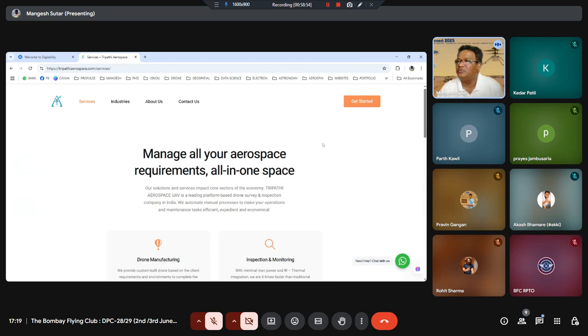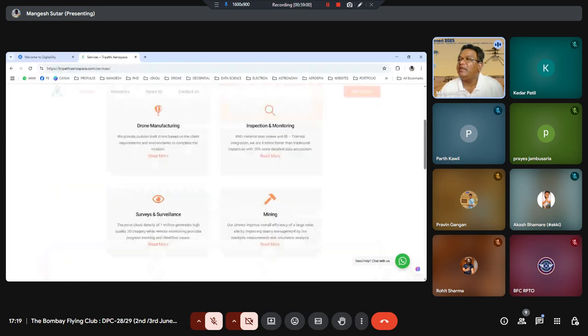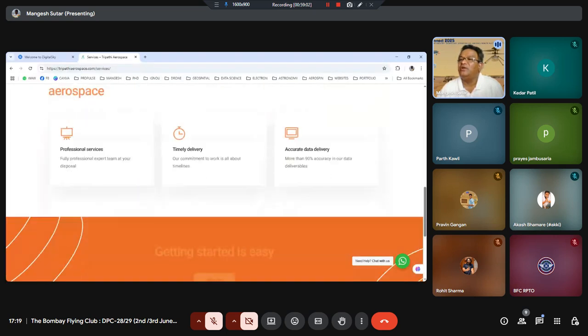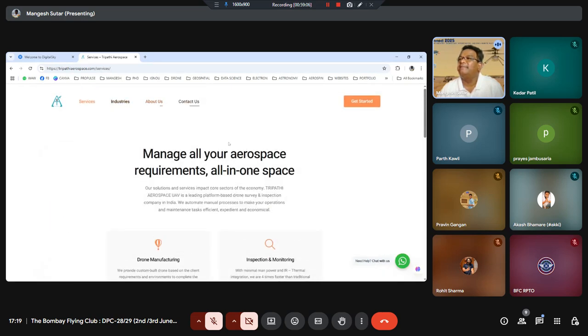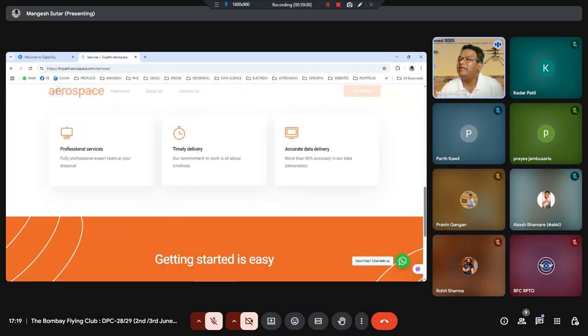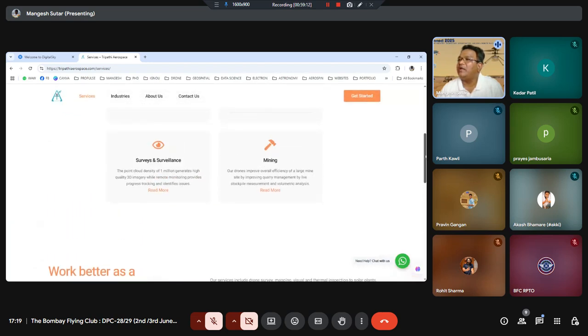Manage all your aerospace requirements in one space. Drone manufacturing, inspection, monitoring, survey, surveillance for mining, all that activity. So they are doing all commercial activity only using that drone. Since they might be using it in mining areas, they are actually in the mining area, people ask that you should